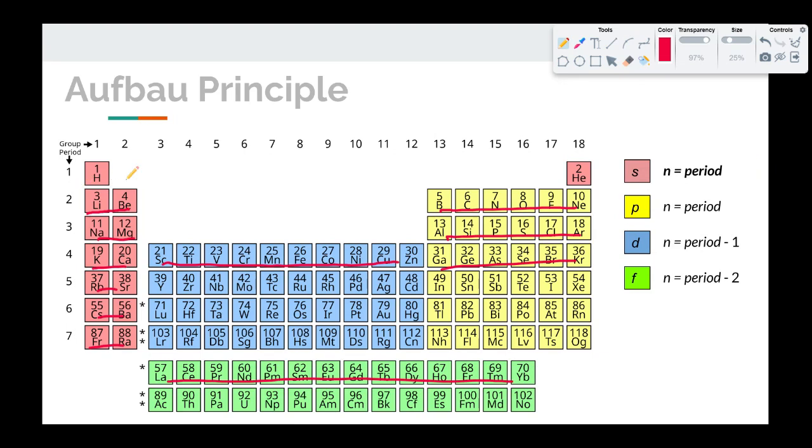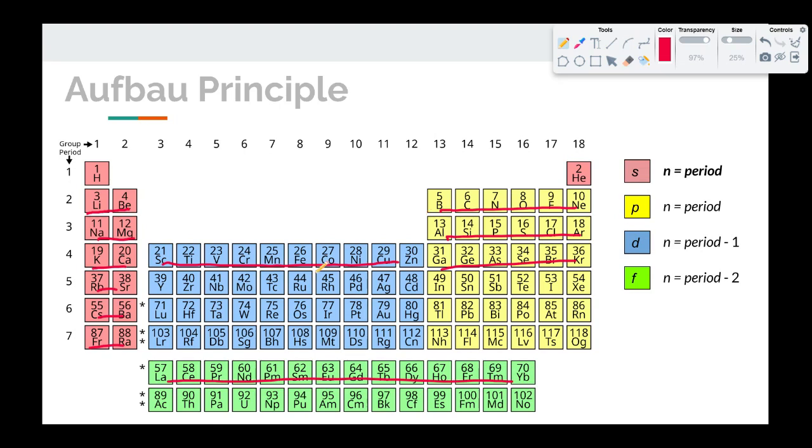And this is a little bit of an exception because helium is over here, hydrogen's over here, but this is 1s. That's the first 1s electron. That's the second 1s electron. 2s, the first 2s electron, the second 2s electron. This is the first 2p electron. The second 2p, the third 2p, the fourth 2p, and so on.